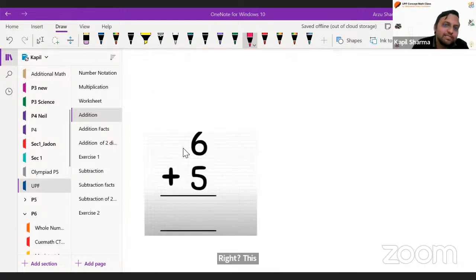Similarly, let's say you have 6 and 5. So I'm going to draw 6 lines here to represent 6. Then,